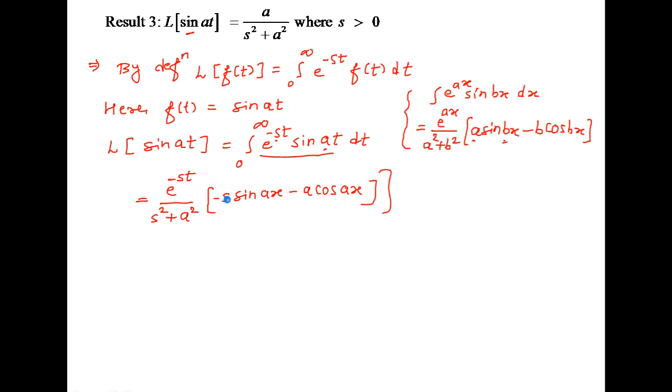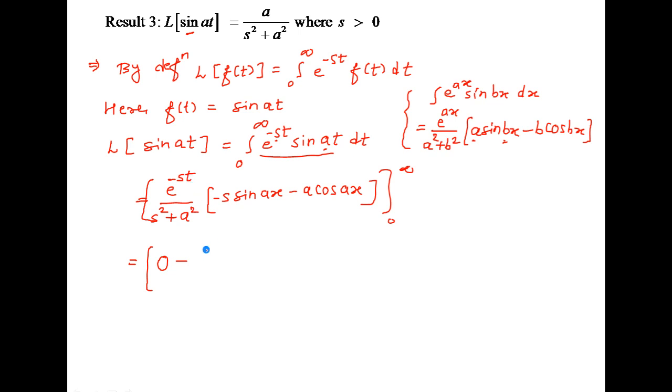Then applying here limit from 0 to infinity. Now for the upper limit, as we all know, if I put here t equal to infinity, it is e to the power minus infinity, and e to the power minus infinity is what? 0. So directly write down for the upper limit, the answer is 0, minus for the lower limit, replace here t by 0,